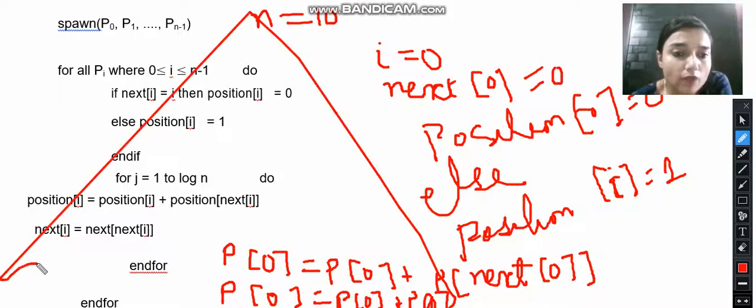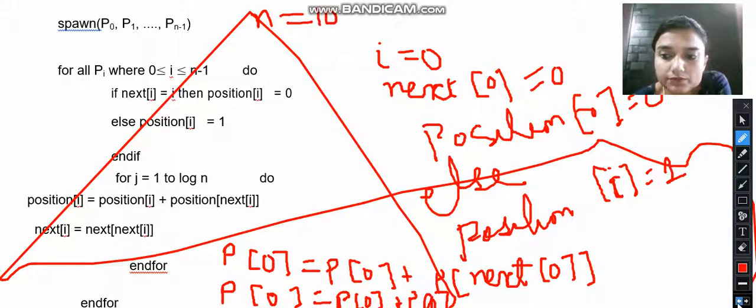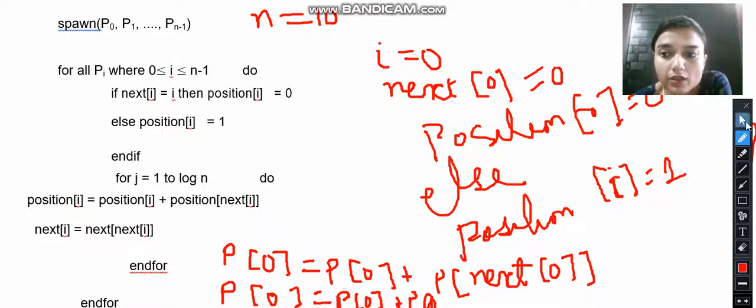Now in the second step, when the value of j will become 1, then we have to compute position 0 equal to position 0 plus position of next of i.